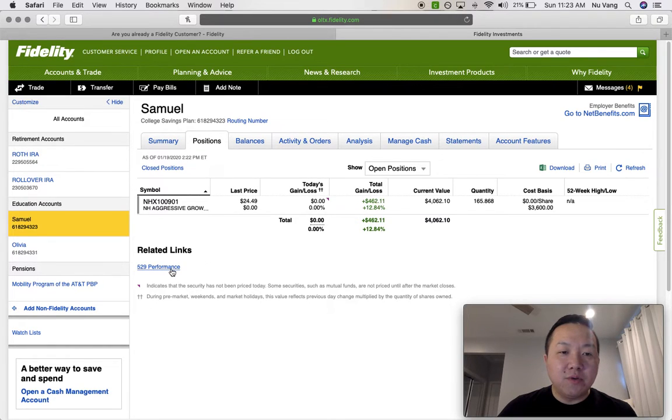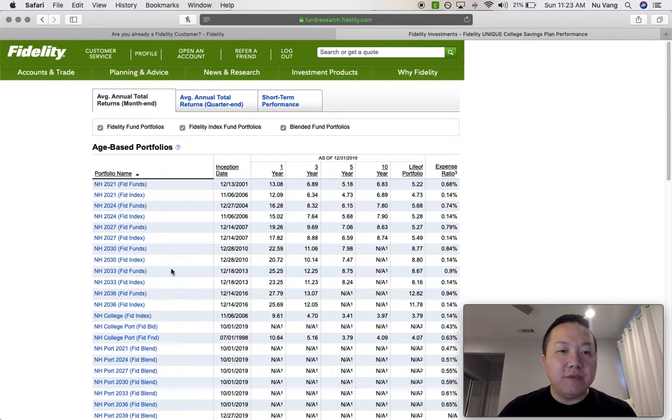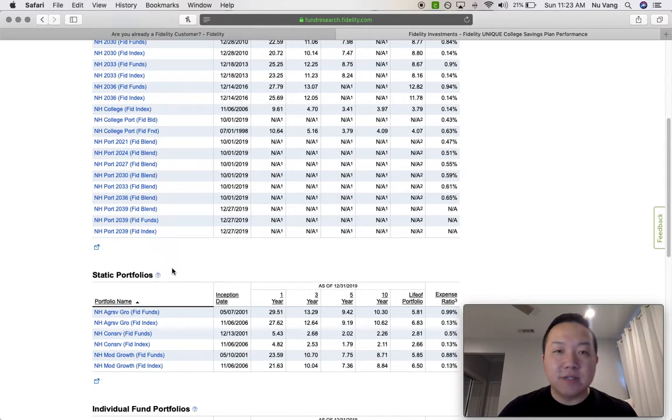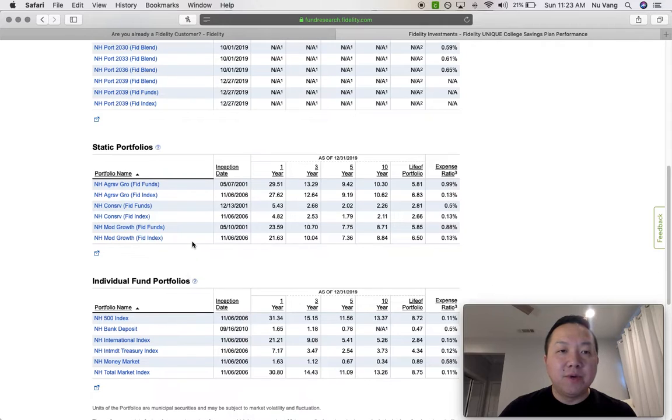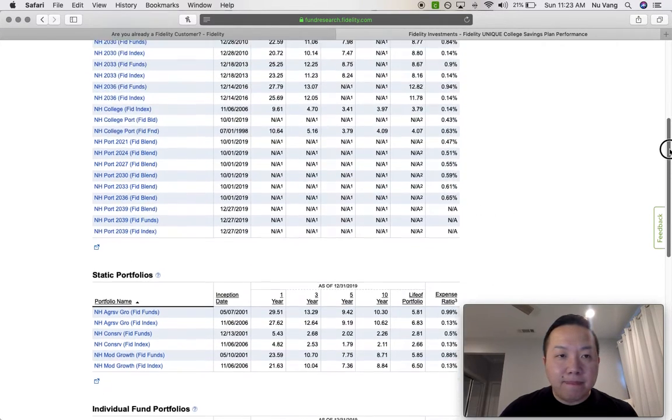If we look at all of the options out there, the 529 performance options, if you're new to investing, it's a lot of stuff, and you might not know what you're doing. Knowing versus not knowing what you're doing is going to make a big difference at the end of the day. So, for example, what I have for Sam is, let me get there,